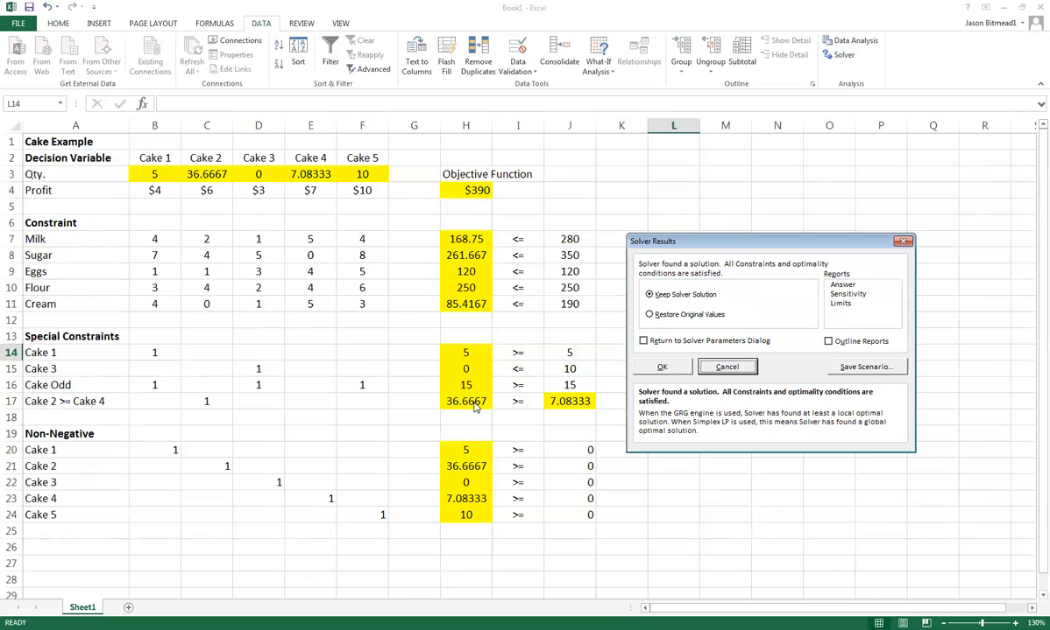This one's a little bit better in terms of the comparison. 36 cake 2s, 7 of cake 4s, and it sort of rings true. Just like before, don't make cake 3. We could change the profit amounts, we can change the ingredients, we can change what cake we're focusing on, we can change whether it has to be above or below something. But I'm happy with this answer, so let's put in the 2 reports, click OK,